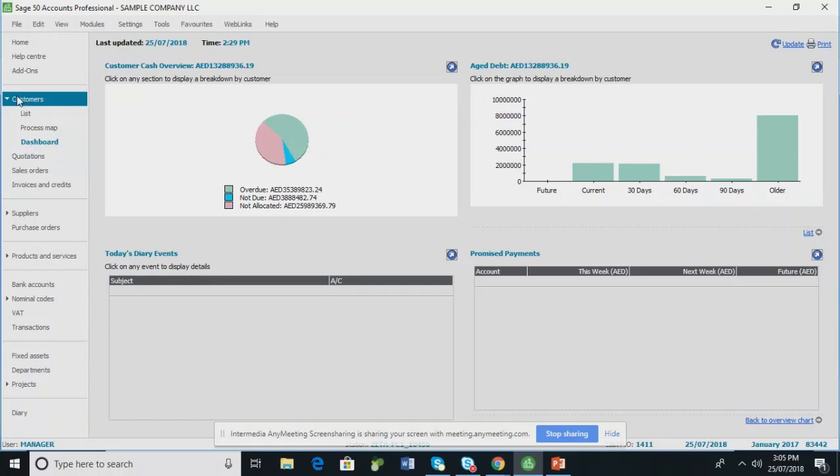The first module is the AR module, which is accounts receivable, which starts from customer quotations, order, and invoicing. The next module is the AP module, which is accounts payable, starting from supplier LPO, GRN, and purchase invoice. Next is products and services, which is linked to both the modules. And next we have the banking module,